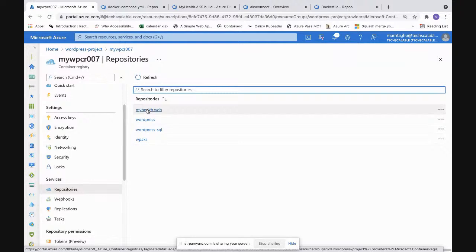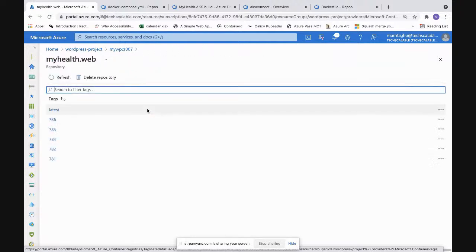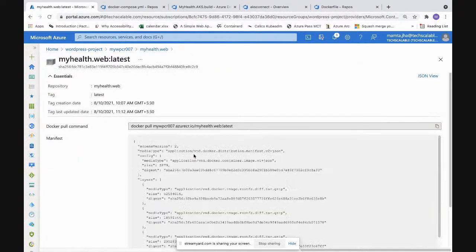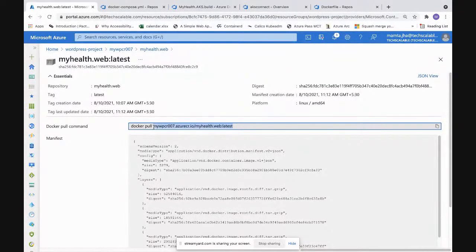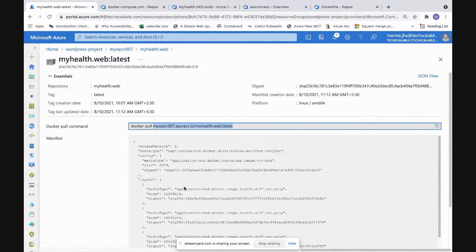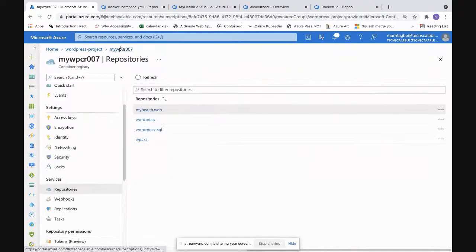So a server will have repos. Repos will have various versions of it. So I've pushed images several times. That's the reason it is having this many of it. If I click on latest, it will give me the entire details. It also says how I can pull and use this image. You can see here there is a manifest file giving us the details about it. So this is my repo.